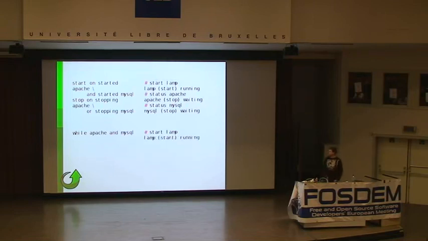So what we actually want to see is LAMP running. We want to see, if we've got a job called LAMP depending on Apache and MySQL, then we try and start LAMP. We want to see it running, and we want to see Apache and MySQL running as a result. This is something that a dependency-based system tends to do very well, but an event-based system doesn't do. And this is something that does work in Upstart 1.0.